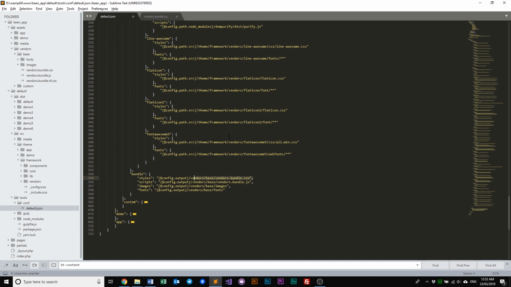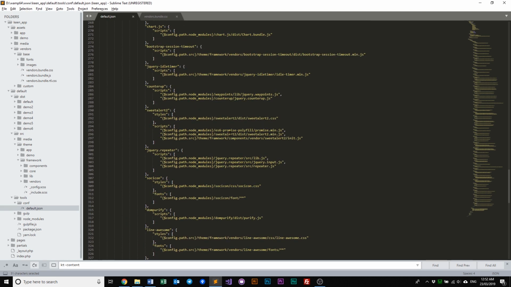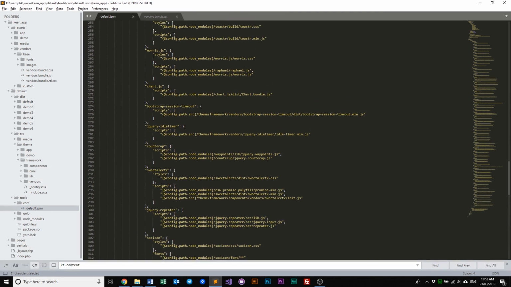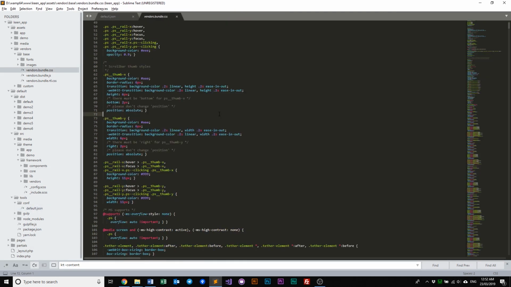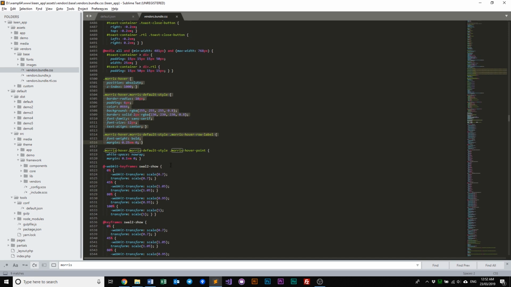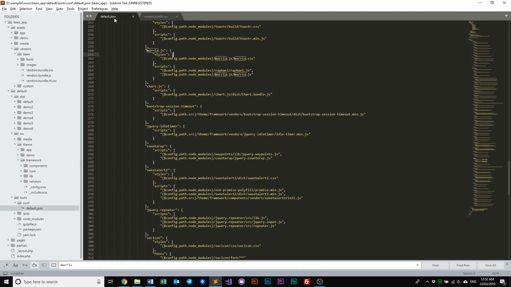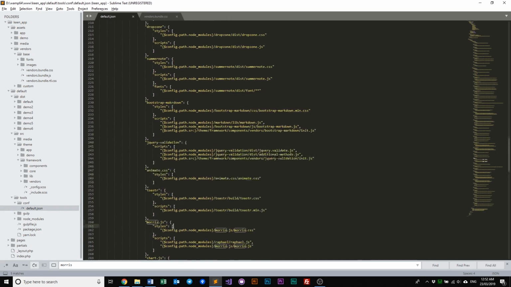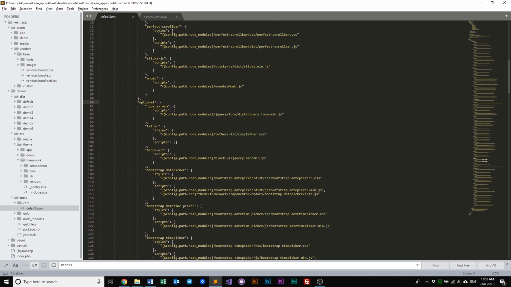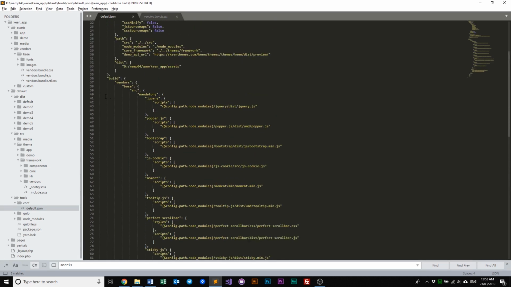We can actually do a quick search. Let's maybe look for, say, Morris, right? So if you do a quick find for Morris, it's all here. Basically this is all the Morris styles that are being bundled into a single CSS file. So that's what bundle means, along with the optional and base